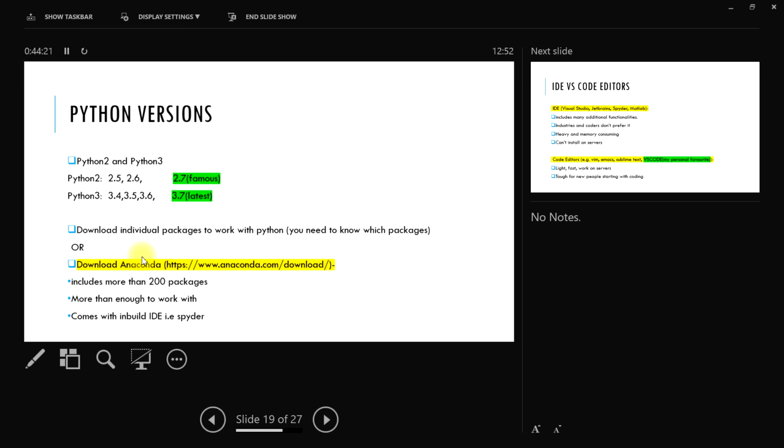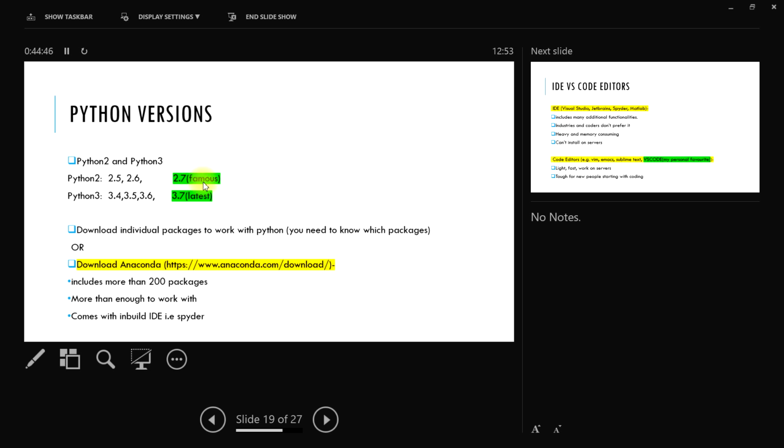Okay, let's go into detail of a little bit of Python. I'll wrap up in 10 minutes hopefully. So there are two versions of Python: Python 2 and Python 3. Python 2 was a little old version. Then Python 2 was divided into many other categories, like Python 2, then 2.1, 2.2, 2.5, 2.6, and 2.7 was famous up till like 2010 or something.